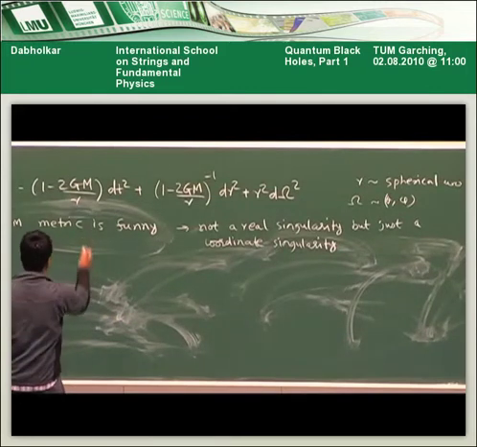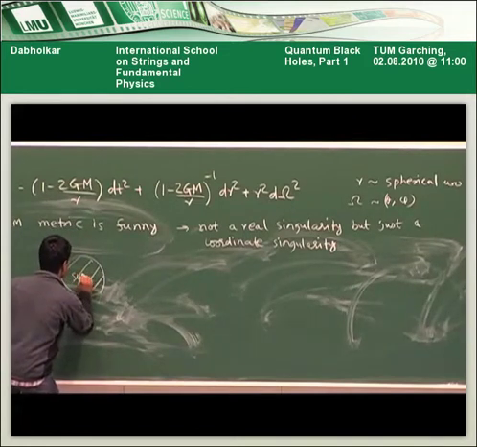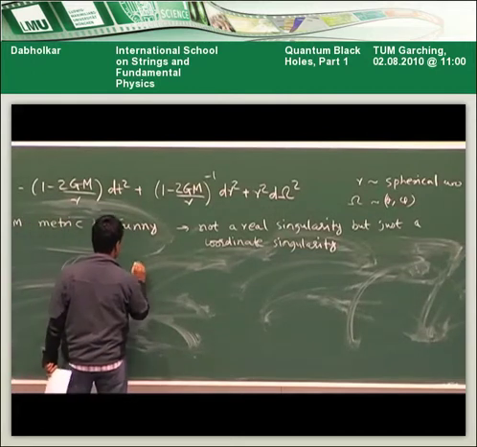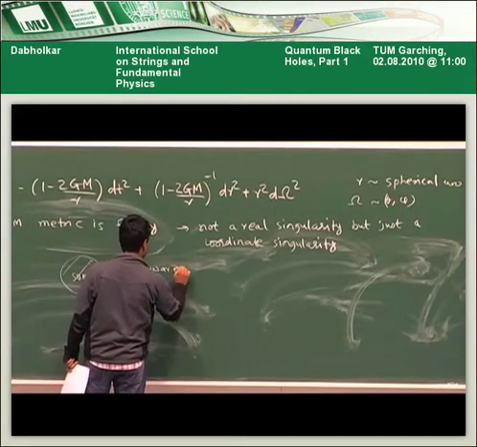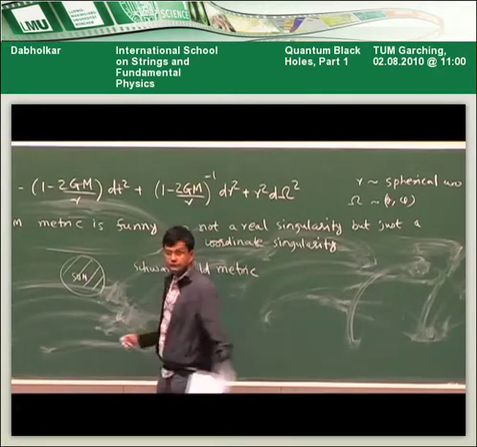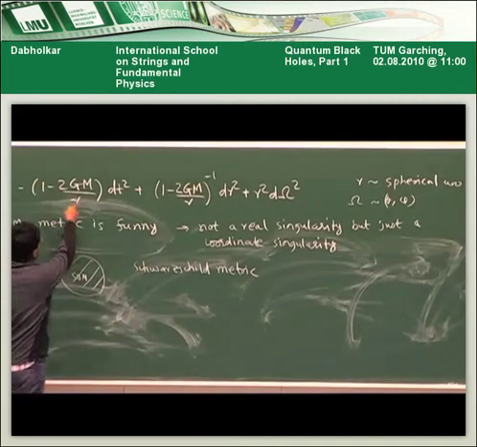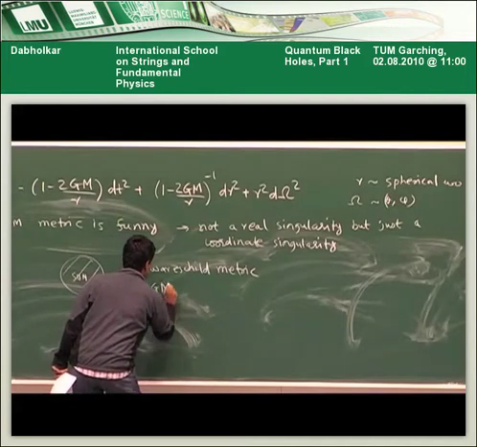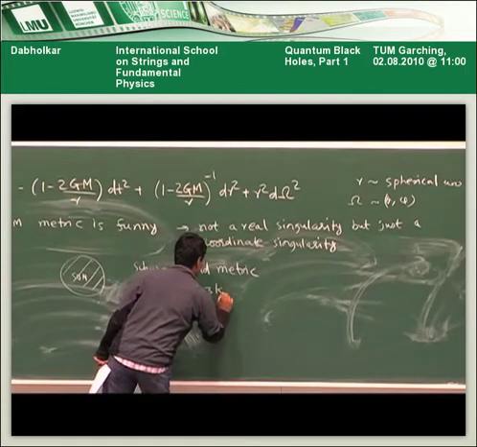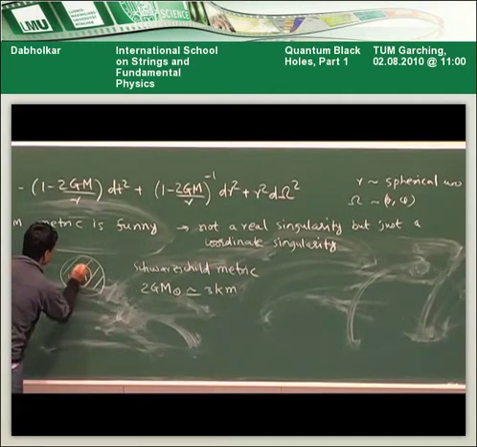This, of course, as you know, describes the gravitational field outside the sun. This is the Schwarzschild metric. As a metric outside a star, it's of course a very good metric. There is no matter present here. But this radius 2GM, for the mass of the sun, is about 3 kilometers. So if for some reason the mass of the sun was concentrated in a smaller sphere of 3 kilometers,